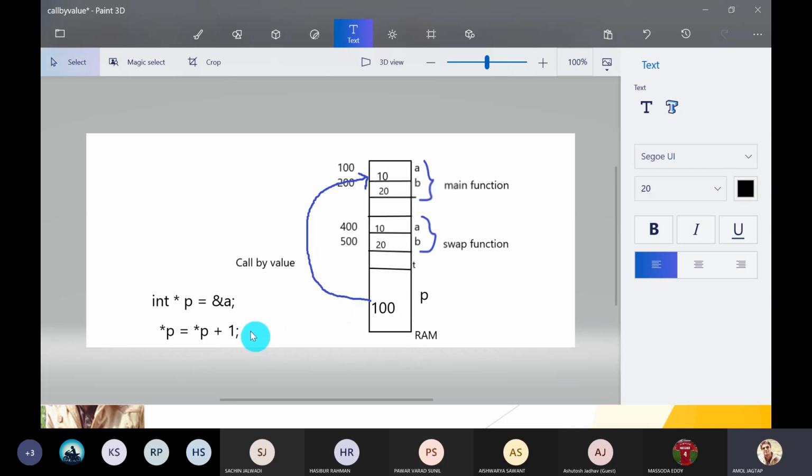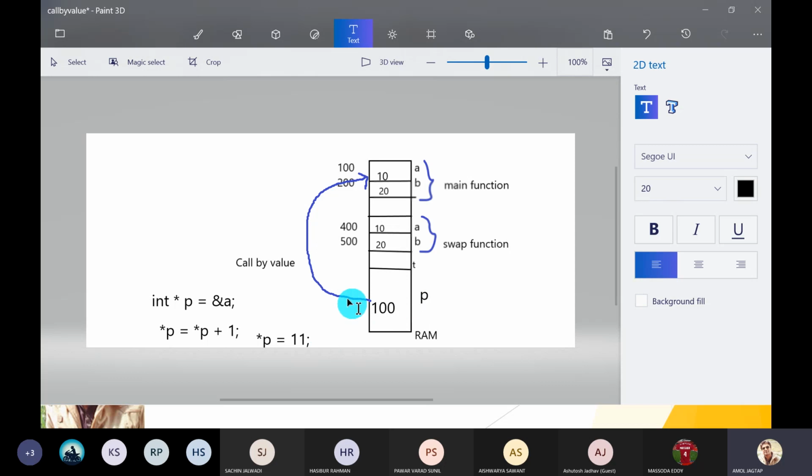So 11 is the value assigned to pointer P. Pointer P is 10 plus 1, 11. So 11 is assigned to pointer P. That means the value gets reflected, and this 10 is overridden, and the current value of A now becomes 11. Understood?